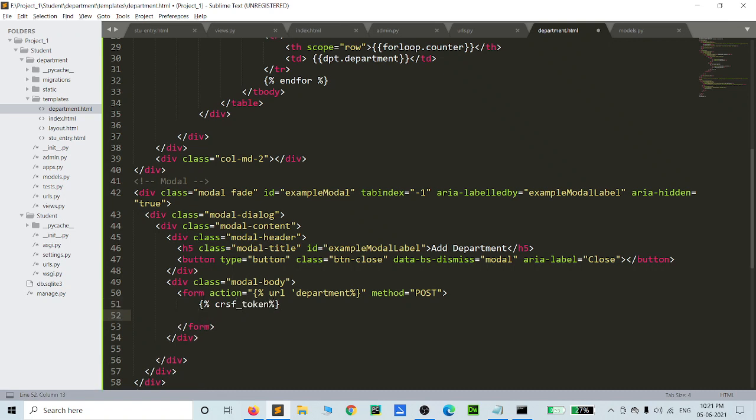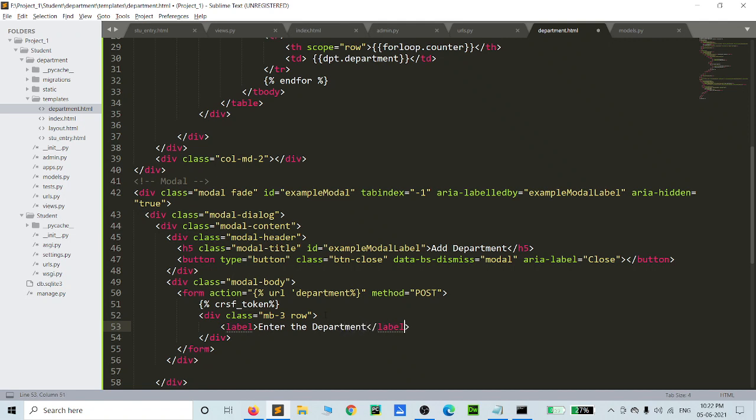Then you can give a class name, like a small row that we have to create. We can create a label: enter the department.